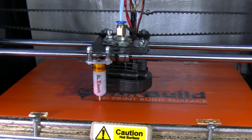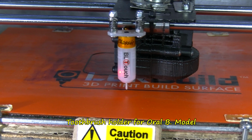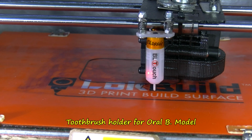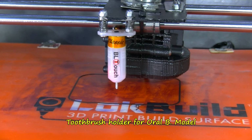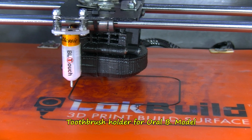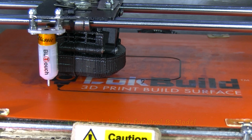This is basically an electric toothbrush stand to take 4 of the attachment toothbrushes, or B I think it is, or Arbor B, I can't really remember. I'll put the details on here. If you're wondering what this sort of